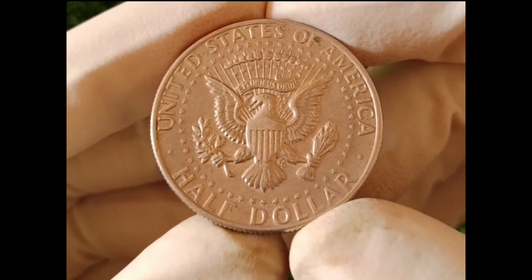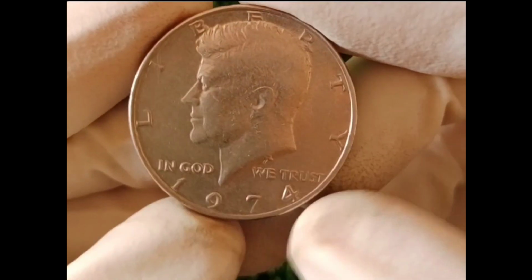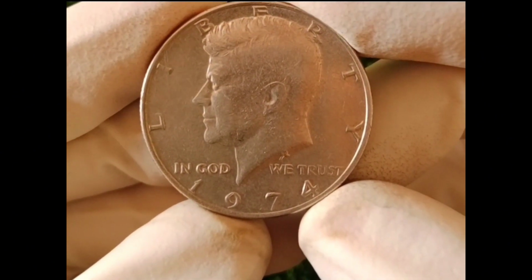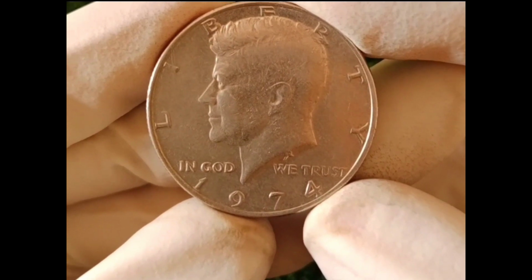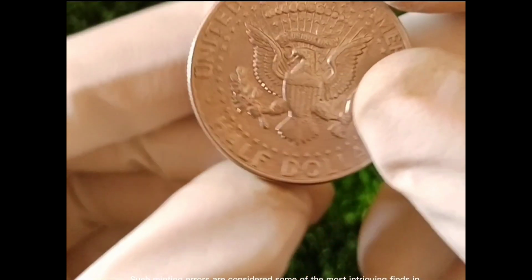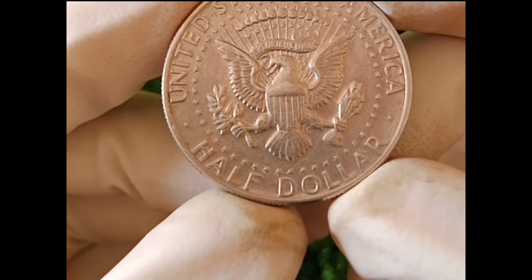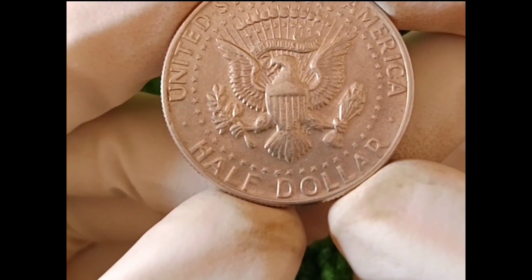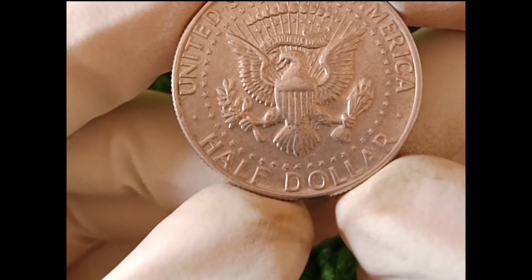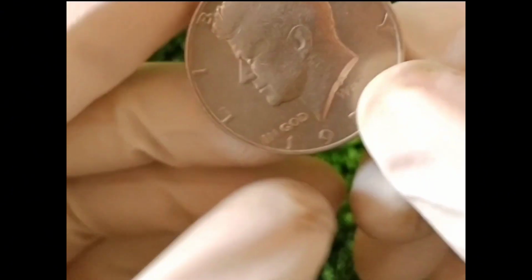A handful of 1974 Kennedy half-dollars were mistakenly struck on the wrong planchets, such as silver or foreign coin blanks. These highly unusual coins are among the rarest and most valuable. Such minting errors are considered some of the most intriguing finds in numismatics, as they often go unnoticed until examined by experts. Among all known 1974 Kennedy half-dollars, a unique specimen has achieved an estimated valuation of $2.34 million due